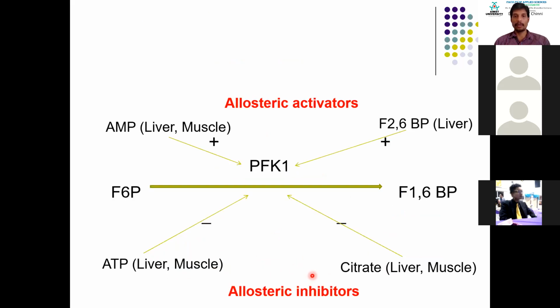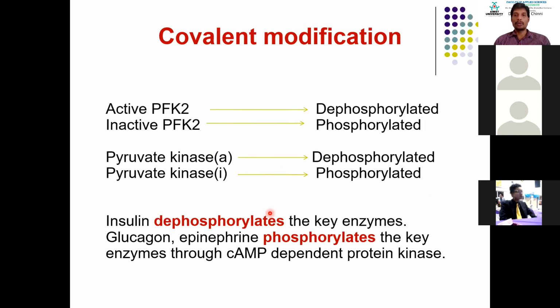So this is the allosteric activators of phosphofructokinase. The plus means it is an activator, and the minus means it is a repressor. So apart from that, it will go for covalent modification. For example,